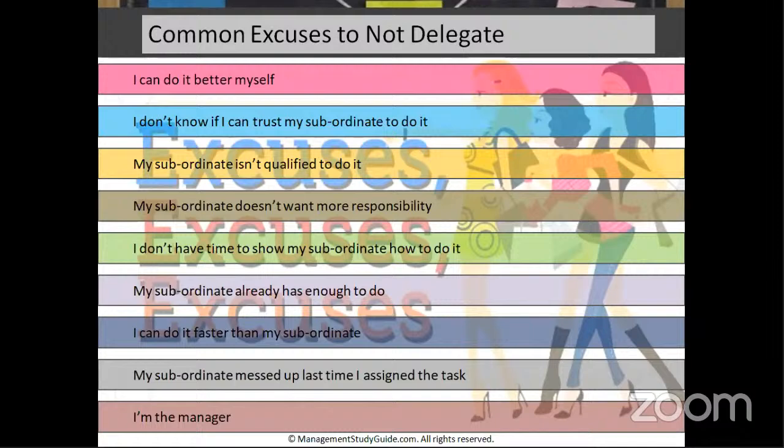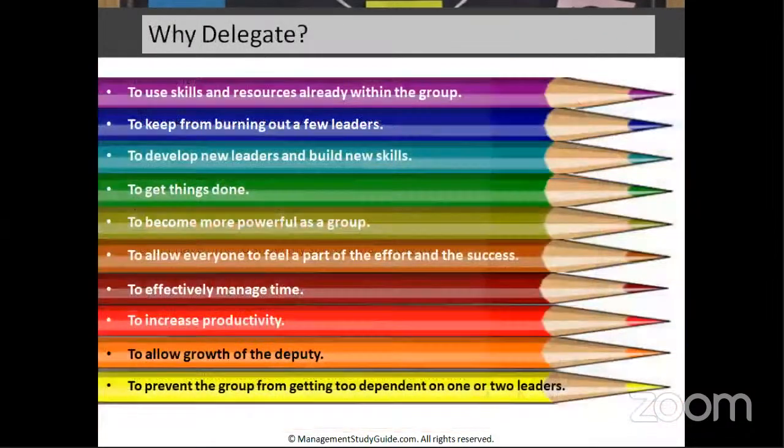My subordinate doesn't want more responsibility. I don't have time to show my subordinate how to do it. My subordinate already has enough to do. I can do it faster than my subordinate. My subordinate messed up last time I assigned a task. I am the manager. So these are some of the reasons why people feel they should do all the work